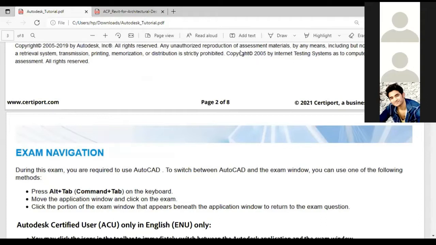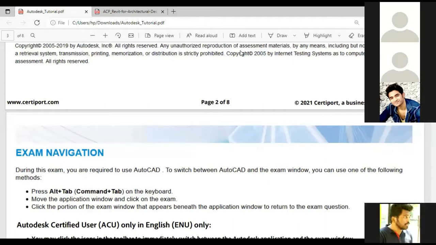Whenever you log into your Certiport account, you will have those certificates there. If a certificate has a new appearance, you can download the new certificate from there. So you have to create a Certiport account with your details. Then the ATC center can provide a voucher. Only by entering that voucher ID can you start the examination.